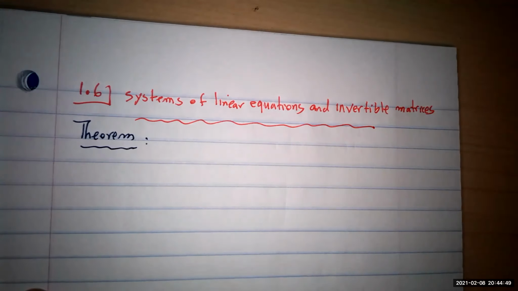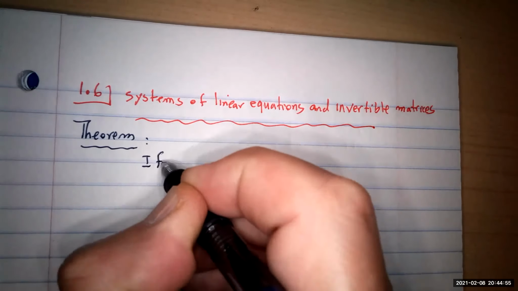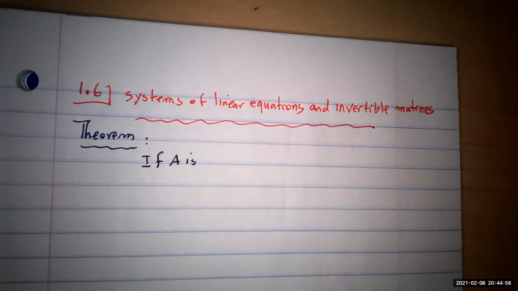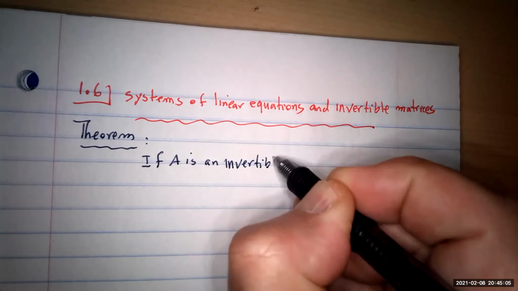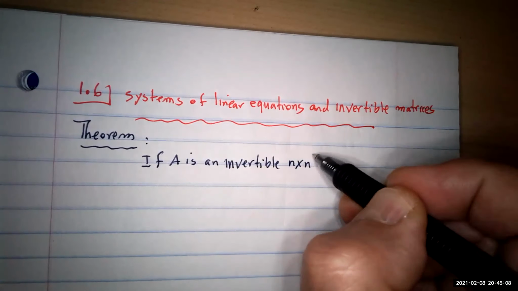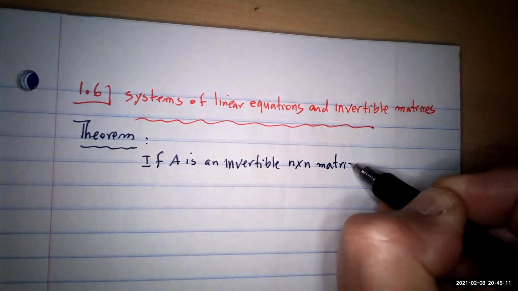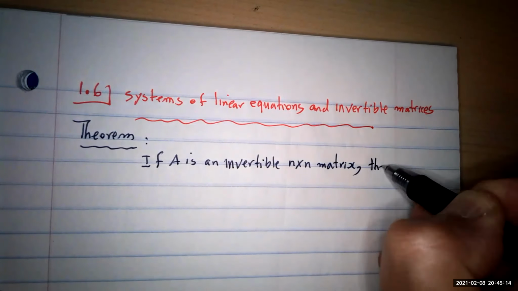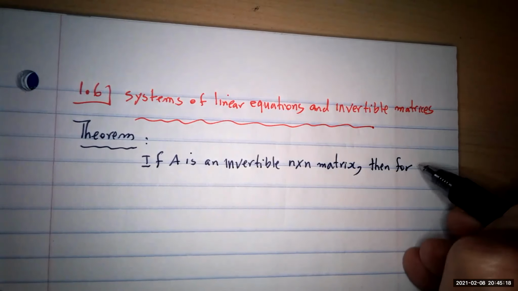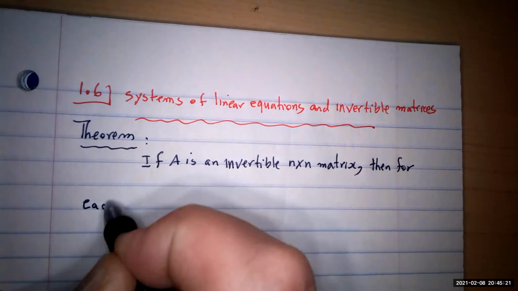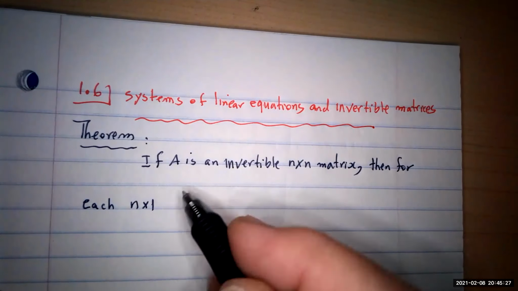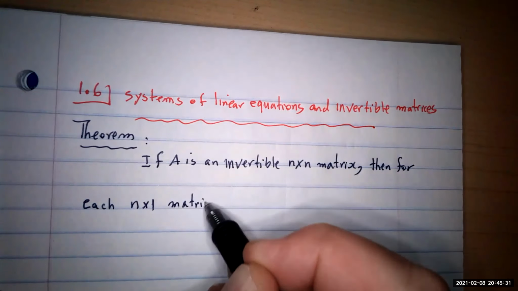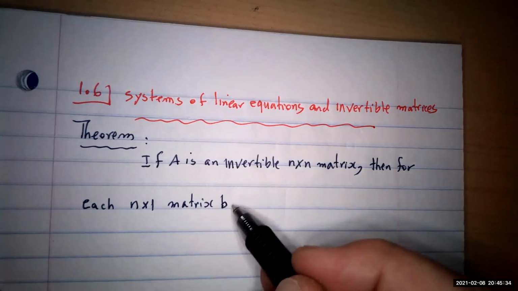In practice, we apply this one all the time. So what's the theorem? The theorem is that if A is an invertible n by n matrix, then for each column vector, n by 1 constant matrix B, the system